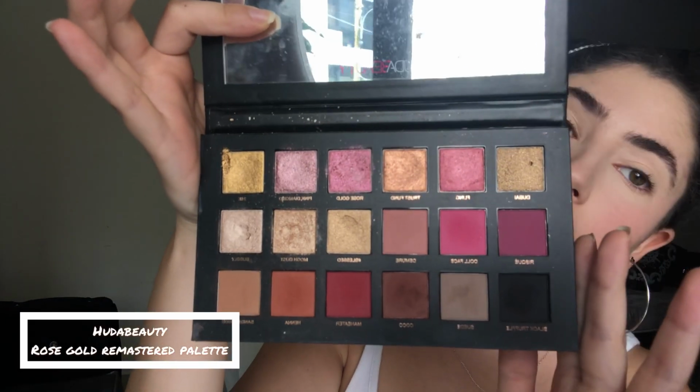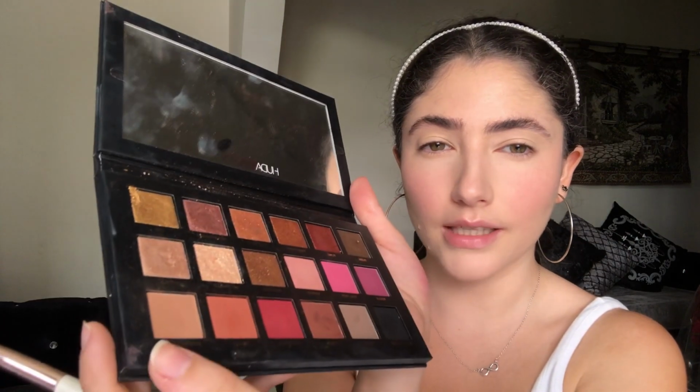For eyeshadow, I'm gonna be using the Huda Beauty Rose Gold Remastered. This is what it looks like from the inside. So I'm gonna go in with this shade, Sandalwood. You can obviously use whatever shade that's similar. You know, it's like nude. So I'm just gonna go in and apply it